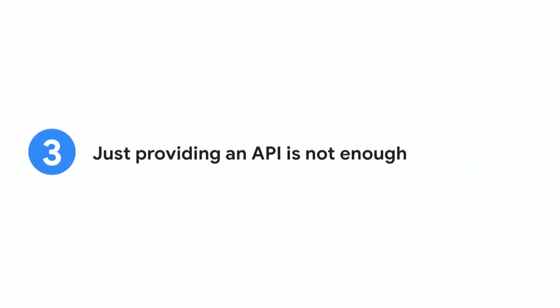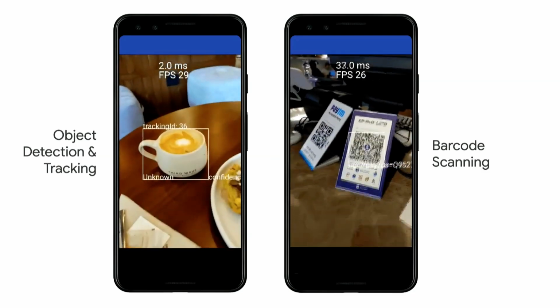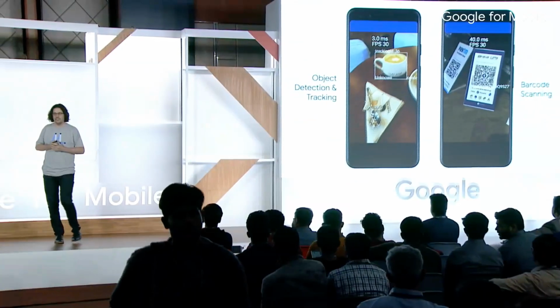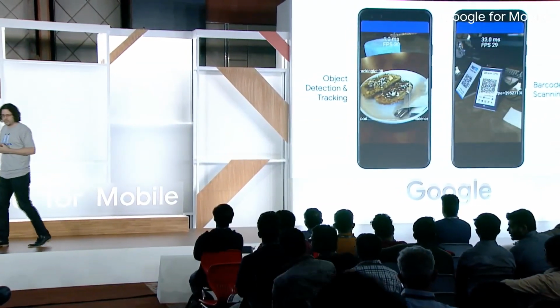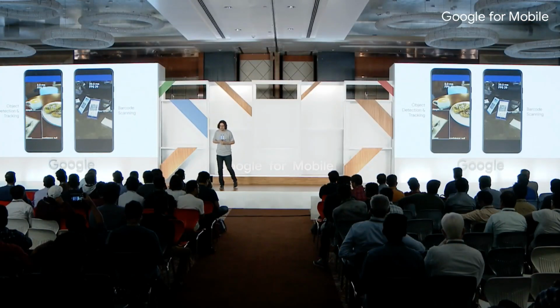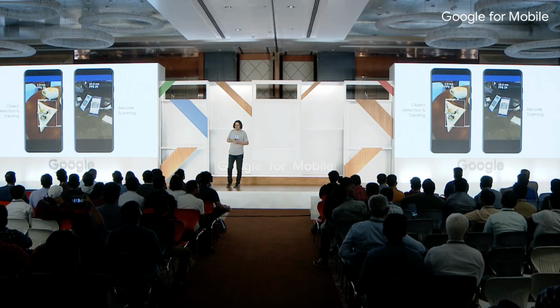Third lesson, just providing an API to our developers is not enough. If you look at our internal sample app, you kind of understand why. So you see, this works well for testing out an API, right? It's fully functional. By the way, left-hand side, you see object detection tracking, right-hand side, barcode scanning. So this is good, but it's far from an experience that you would want to give to your users.